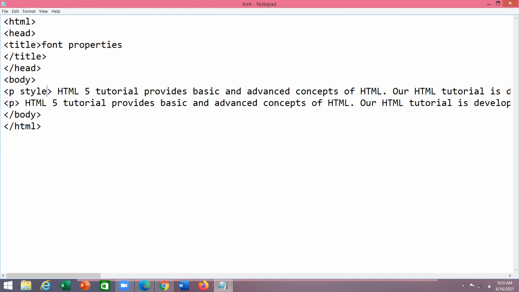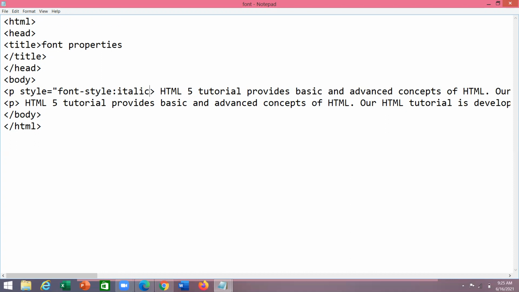So how can we write the inline? style equals double quotes, font-style colon. Font-style is the property, and we need to assign a value, for example italic.